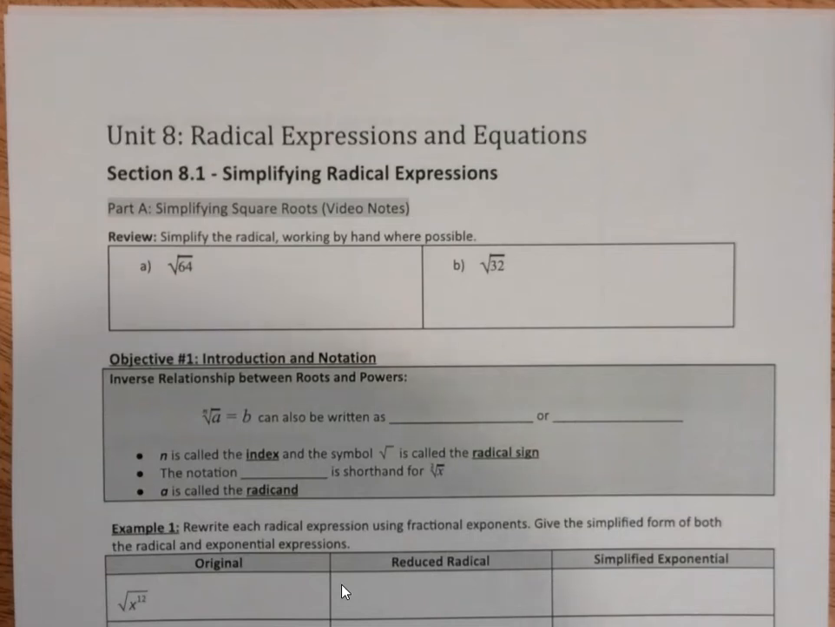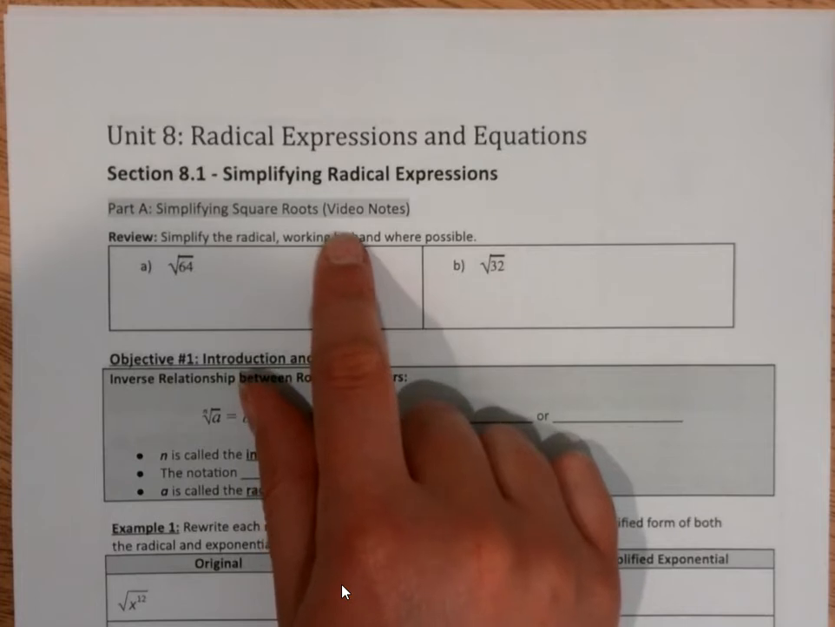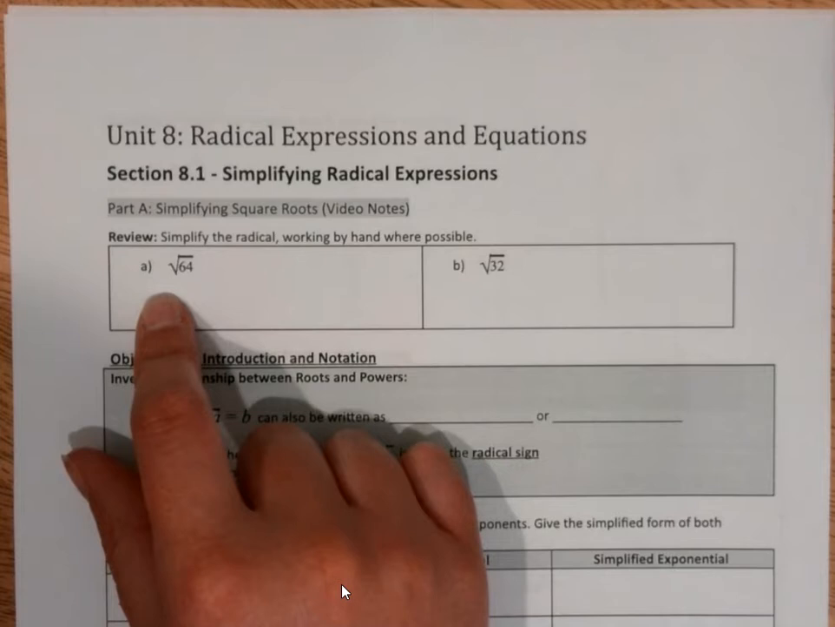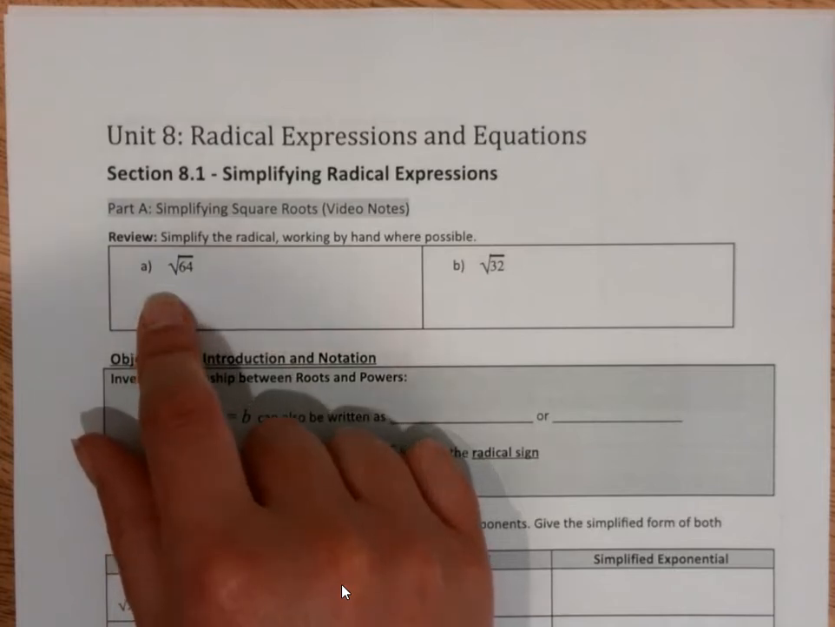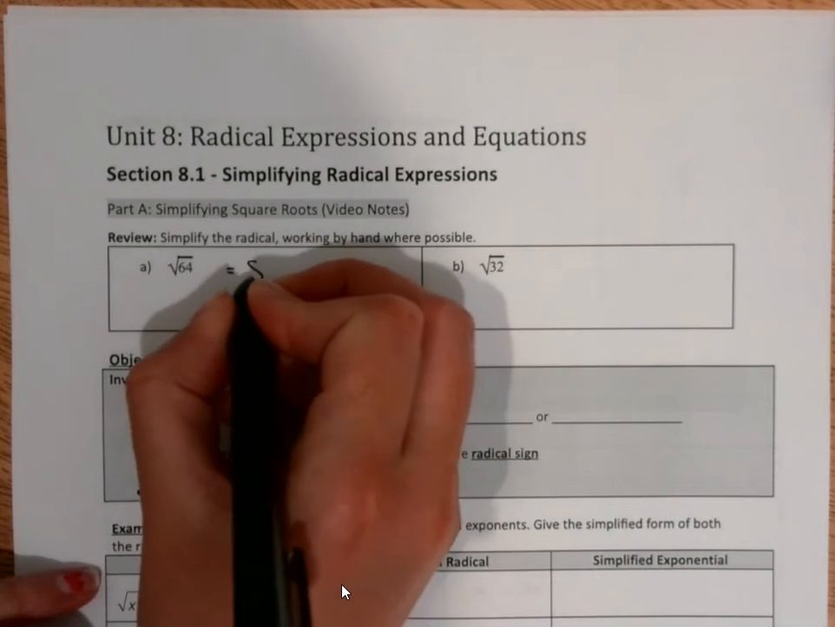8.1, we're going to look at simplifying radical expressions. This is a short unit, just 2 sections. And in part A, we're going to look at simplifying square roots. The first part right here, these numeric square roots are a review from quite a while ago when we simplified for the quadratic formula. I already know that the square root of 64 simplifies as 8, because that one comes